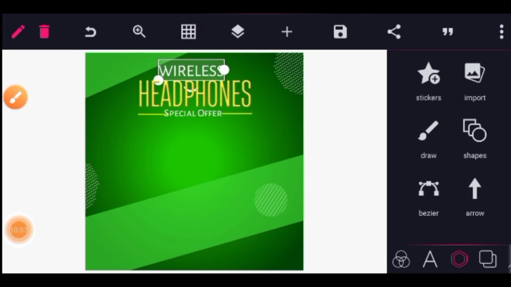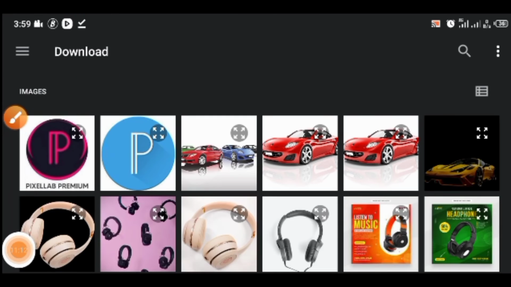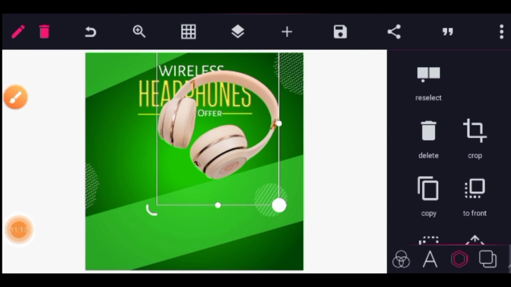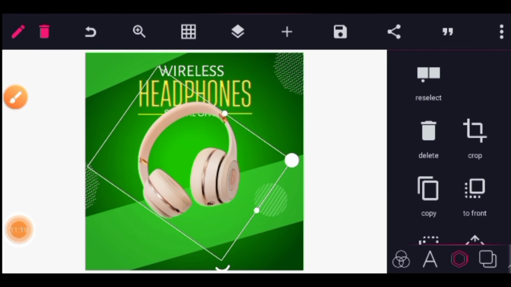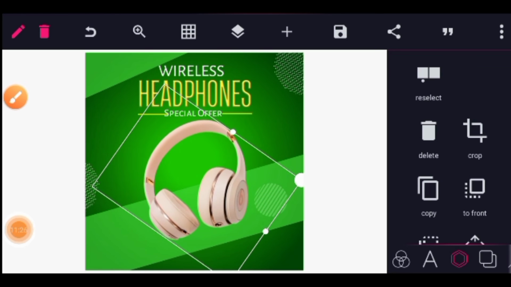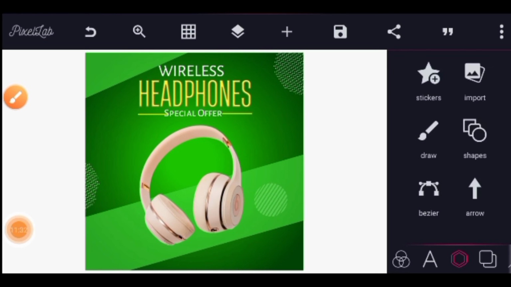Okay, so next thing we're gonna be bringing our headset now. So I downloaded my headset from Unsplash, and I used remove.bg online to remove my background. So I've removed the background and I'm left with just the headset. So here it is. This is the headset without background. There's also a place where you can download images without background. Okay, so this is what we are having here. You can increase it a little bit. Just going to have it here. Alright, and so after that,